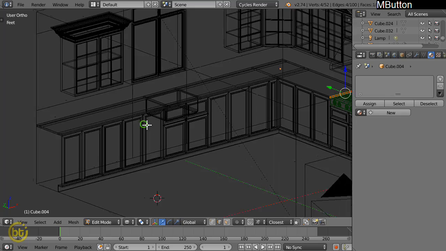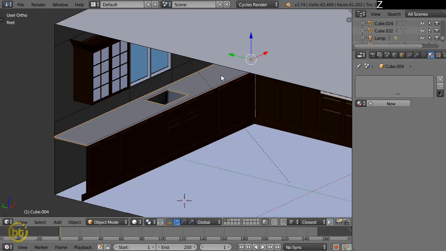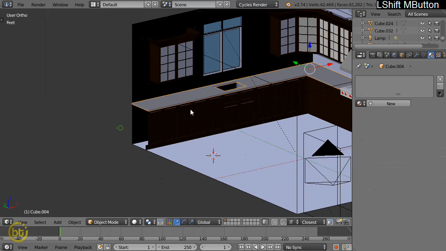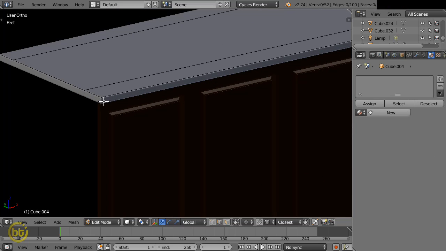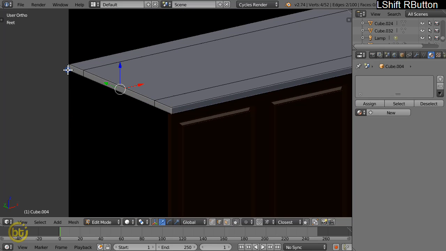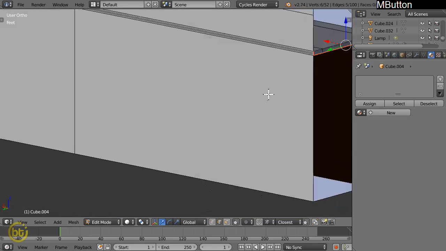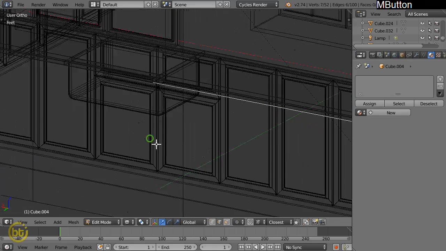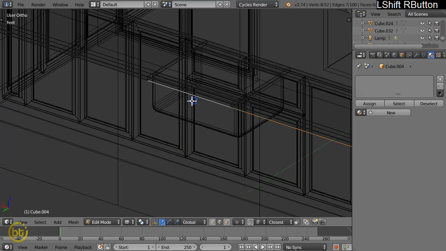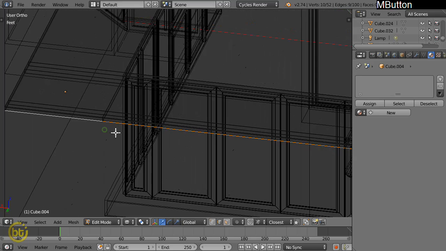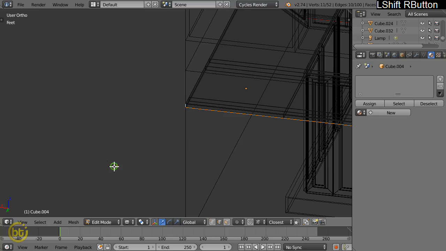Okay, and for this countertop, first hide this ceiling, and I'll select this one, select this edge, and this edge, Ctrl E and mark seam, and in the back view select this one. Okay, and this one